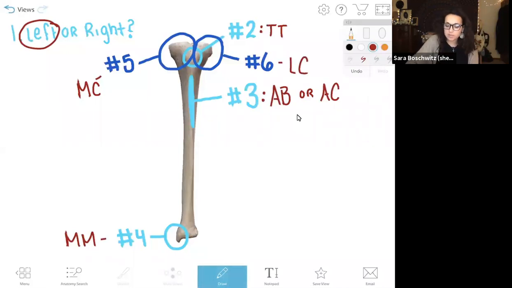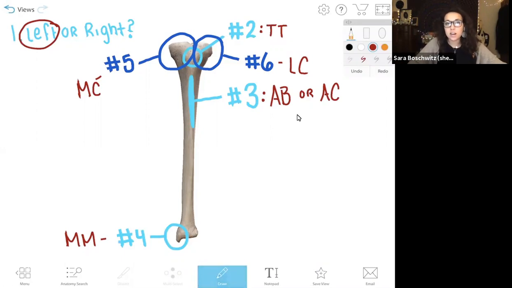All right, so let's go back over some of these. We can tell that this is a left tibia because of a couple identifying features. The tibial tuberosity is a really good one to identify when you're trying to figure out if this is a right or left. If you see the tibial tuberosity and the anterior border, that's how you know that you're looking at the anterior portion of the tibia. And the other identifying feature is going to be the medial malleolus, right? Because that's on the medial side. So once you know that you're looking at the anterior portion, based on the tibial tuberosity or anterior border, and you know which side's medial and lateral based on the medial malleolus,